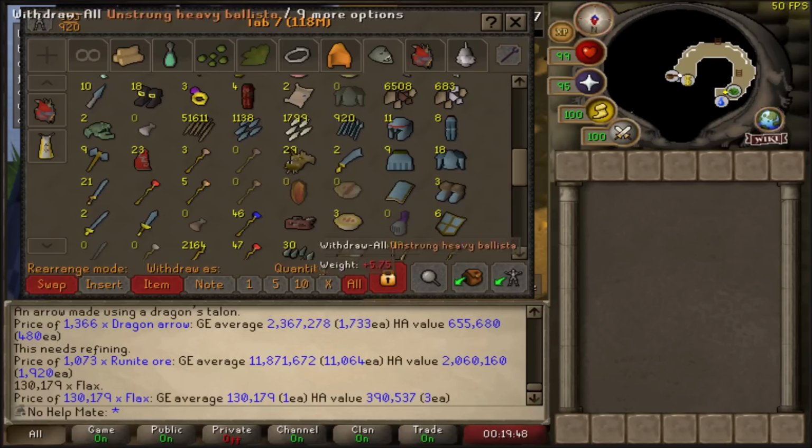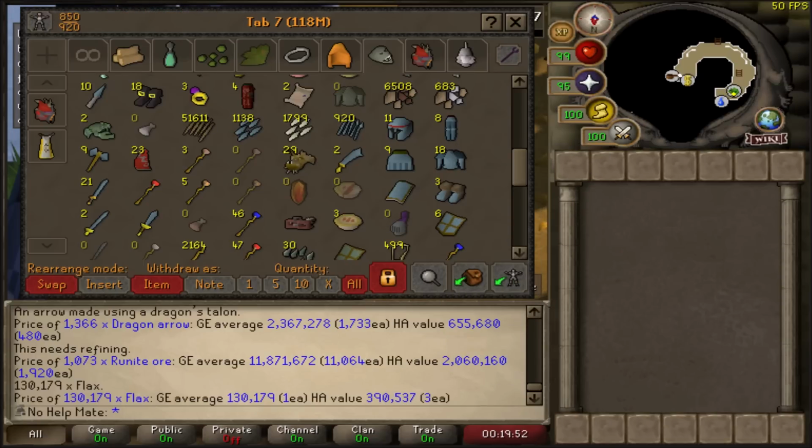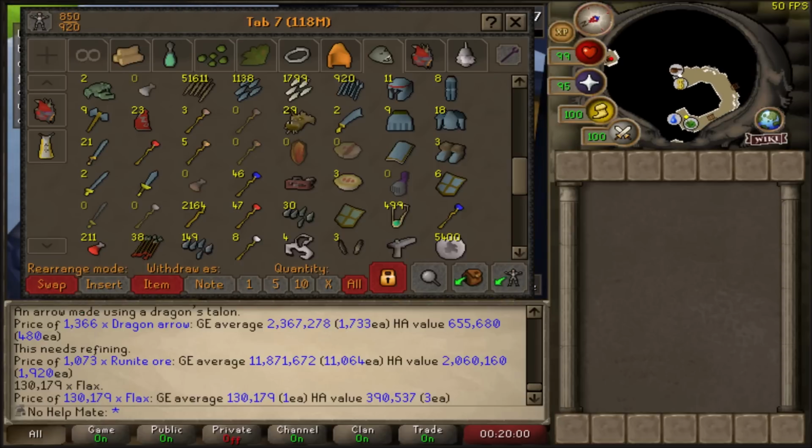So we have a decent amount of rune to elk here, nothing crazy. These were all like 70, 80 plus at one point, and then we elked them all. But the real thing is right here. Almost 2200 battle staffs. Now, if you put the heads on them, and by the heads I mean the orbs,